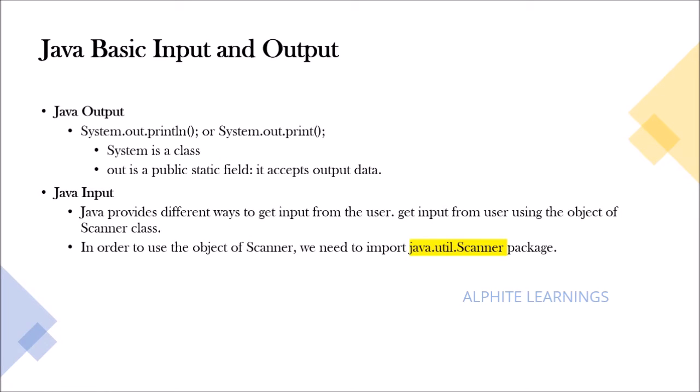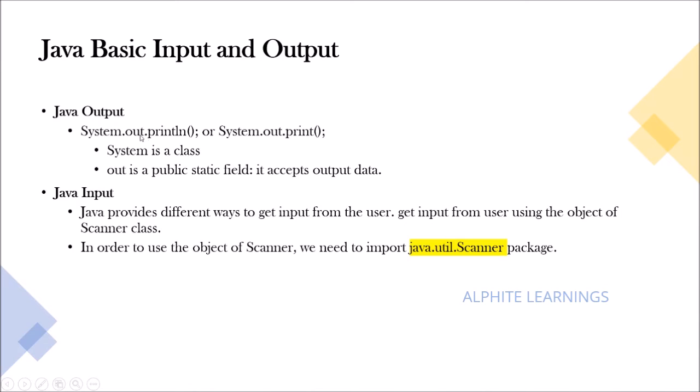Next we'll see the basic input output. Whatever data has to flow inside a system, we need a stream to get it and to print it. That is what basic input output means in Java. So first let us see the output, because we have seen this from day one in our program. We are printing with System.out.println, right?